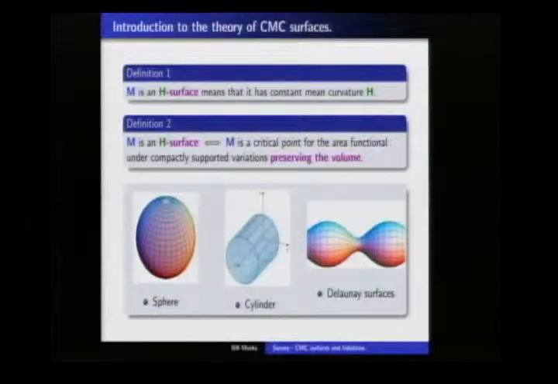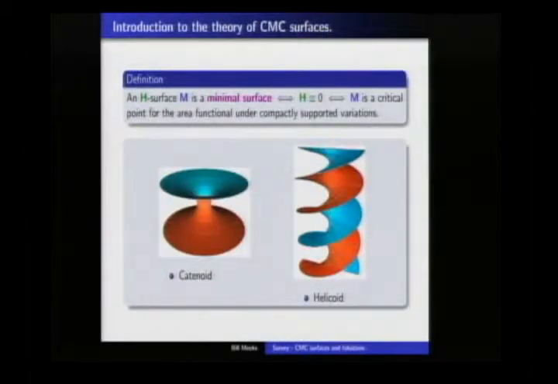Okay, so we have surfaces. We have these classical examples. We have a definition, which we've already covered before. But it's kind of nice just to see it in perspective. So this is very introductory, right? Minimal surfaces, critical points to area under compact variations. And we have our very classical examples, which are useful. They're useful for various reasons. They're tools. You can think of these classical examples actually as tools for understanding